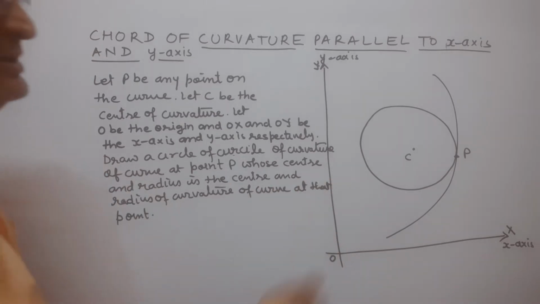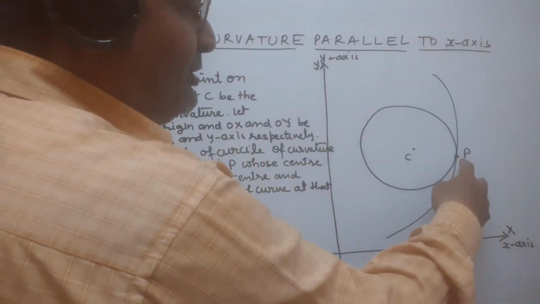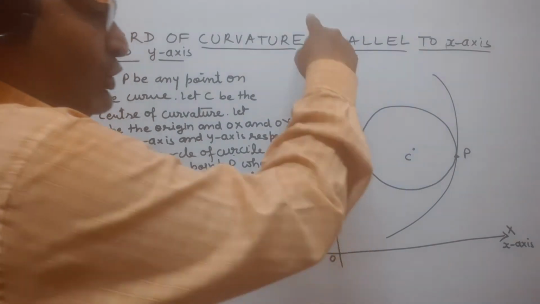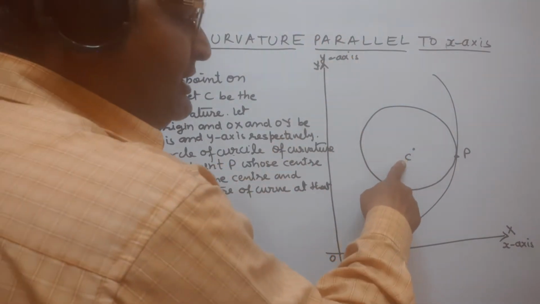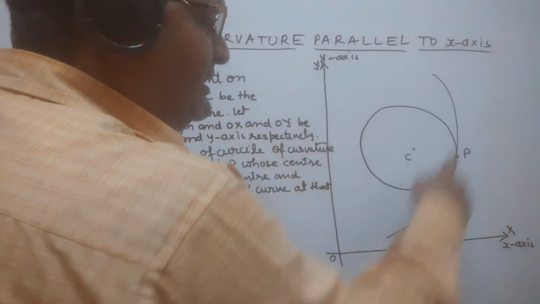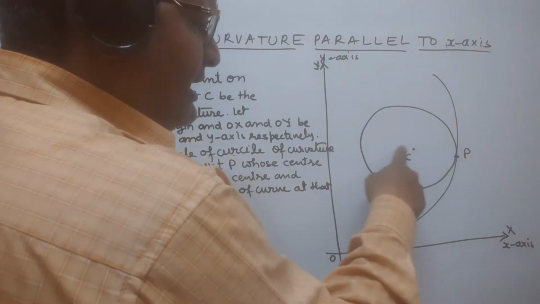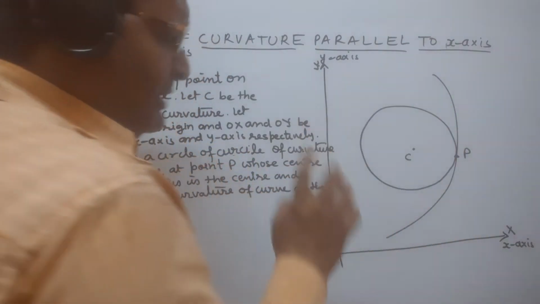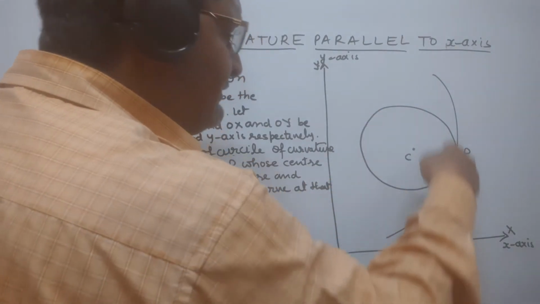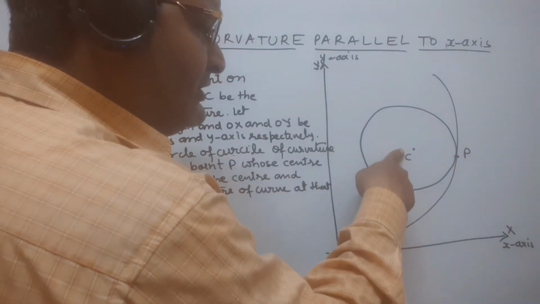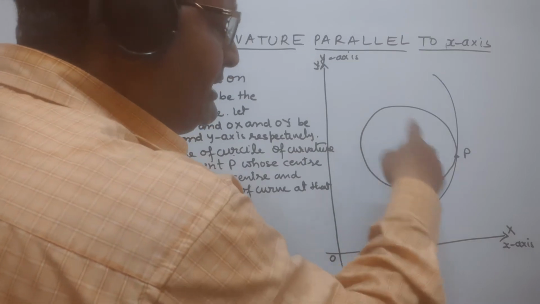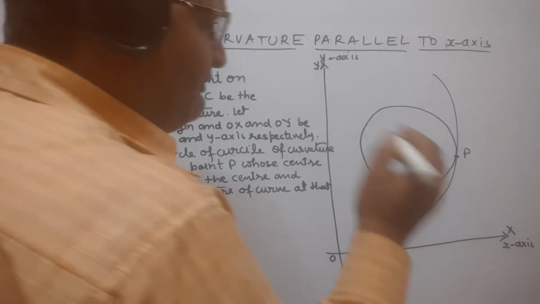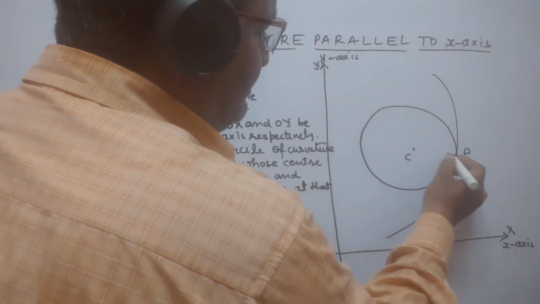आप देख सकते हैं, this is the curve, ये कर्व है, कर्व पे कोई P पॉइंट है, O is the origin, OX is x-axis, OY is y-axis. Here C is the center of curvature of this curve at point P. And this is the circle of curvature whose center is at C and radius is the radius of curvature of this curve at point P. So we join PC,